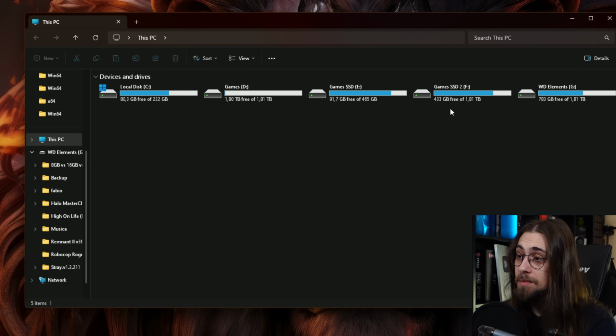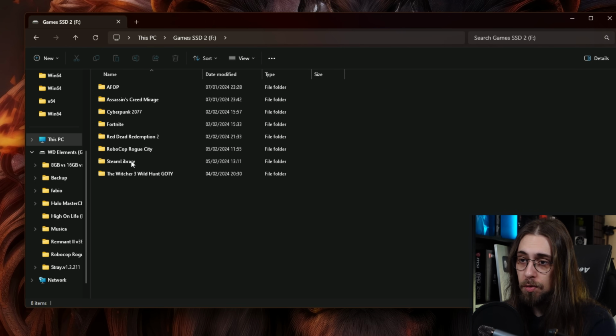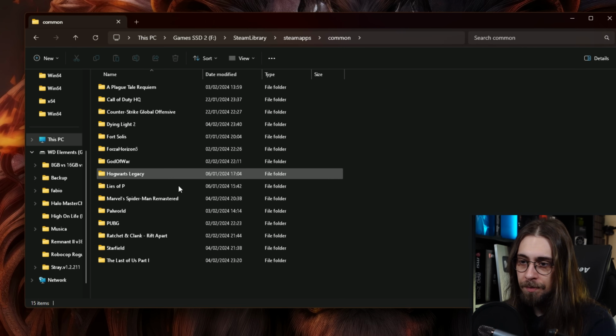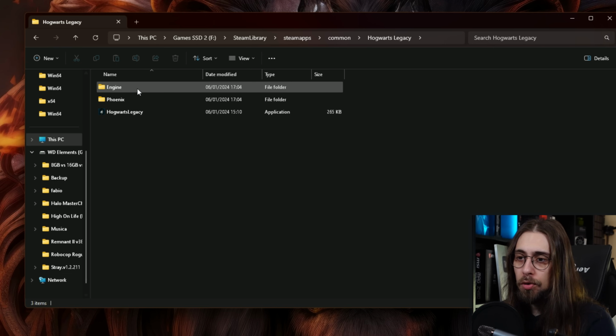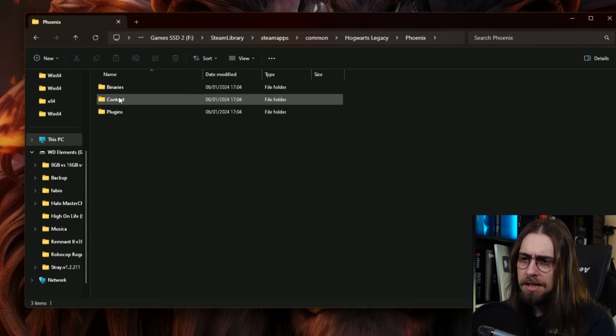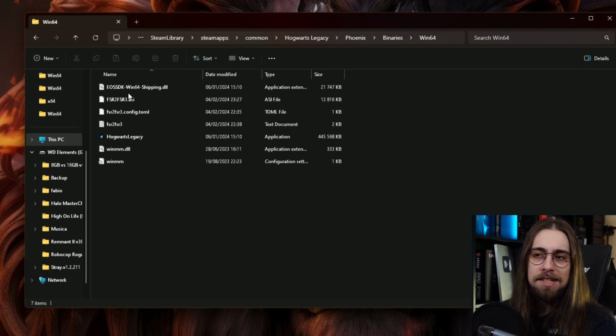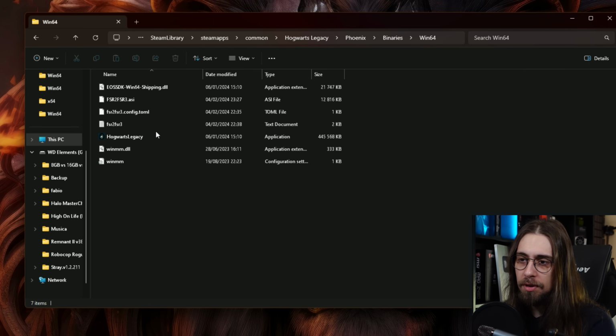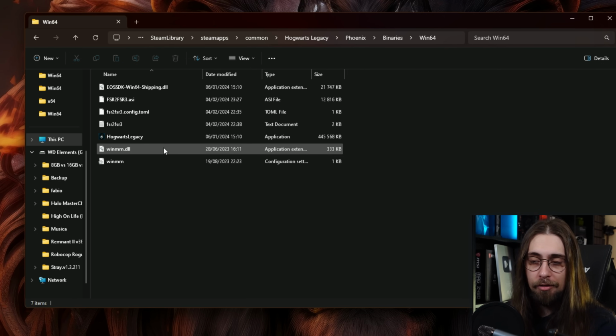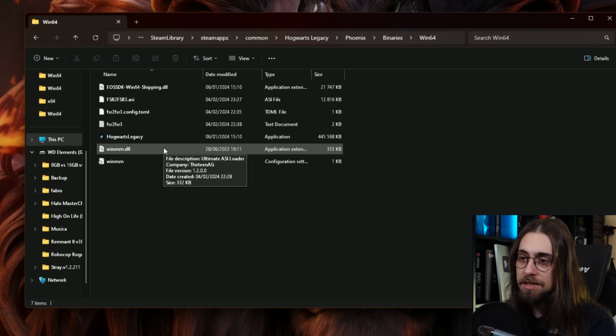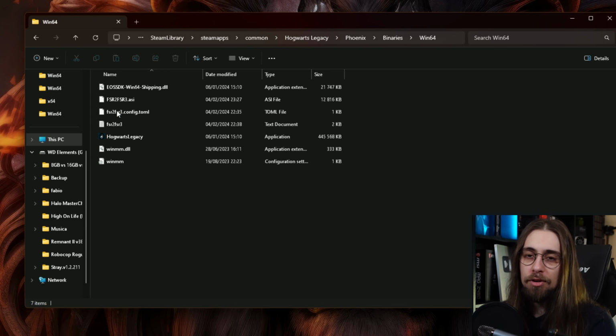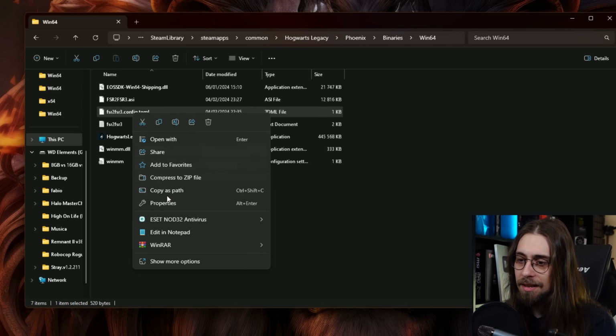Hogwarts Legacy is one of those games that works as well. All you have to do is go to, once again, Steam Library, Common, Hogwarts Legacy, then the Phoenix binaries, Win64 folder, and once again copy the files that you can download on the LukeFz website. Then run the game for the first time, this file will get created, open the file,